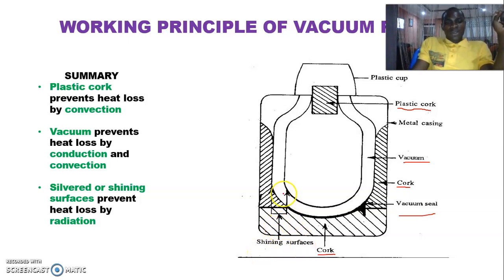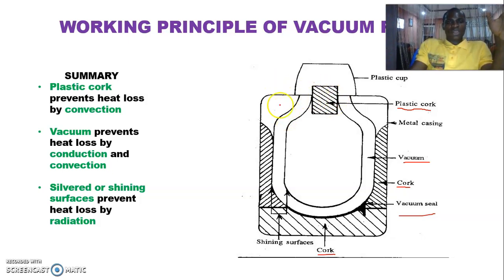Shining surfaces. You can see these two surfaces. We call them double wall. They are either polished or made of glassware. That is for some of those flasks that are breakable. They can also come in the form of stainless steel for more durability. But let us now take them one by one and explain how heat can be prevented from being lost